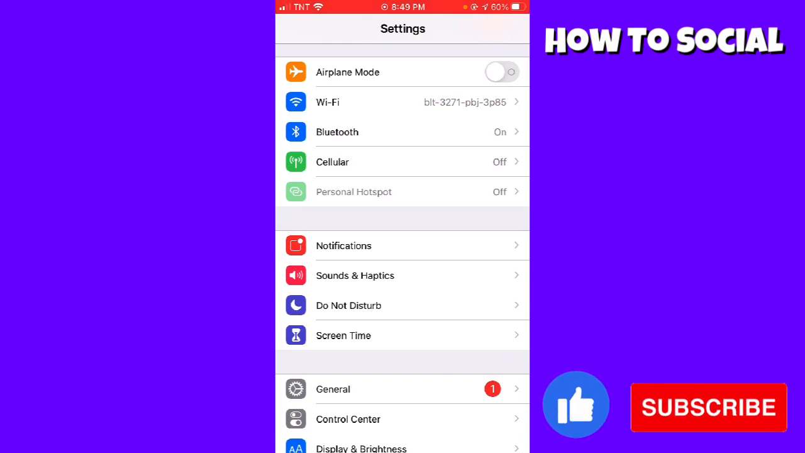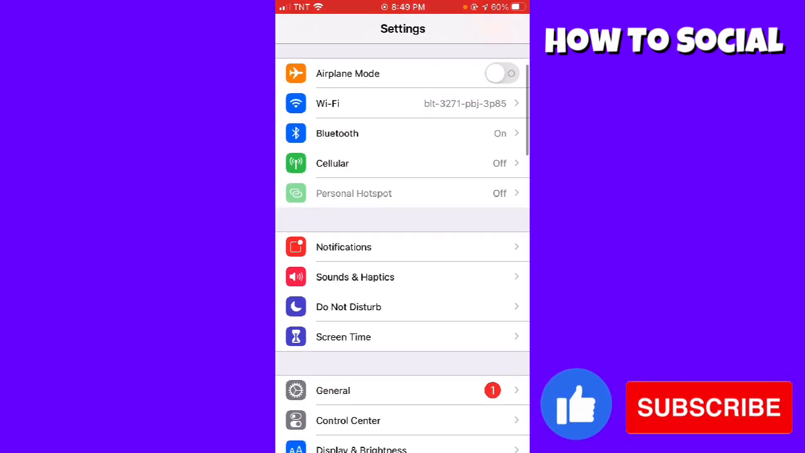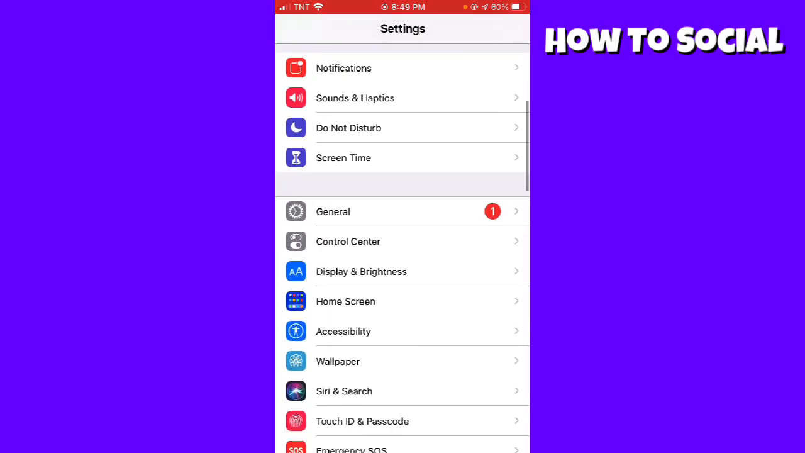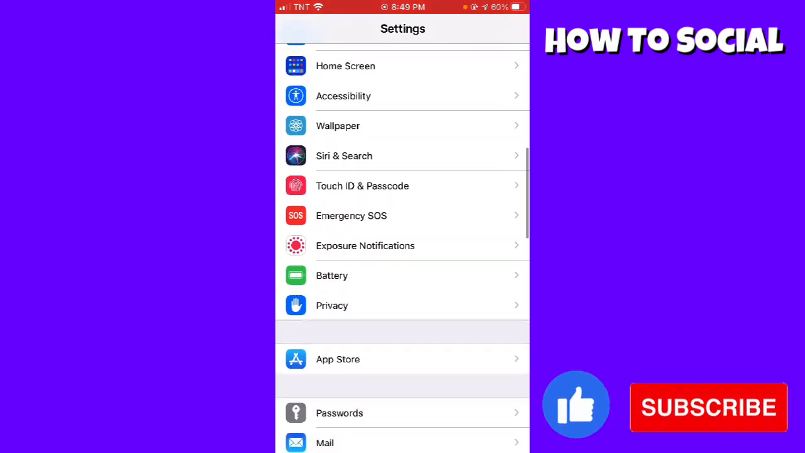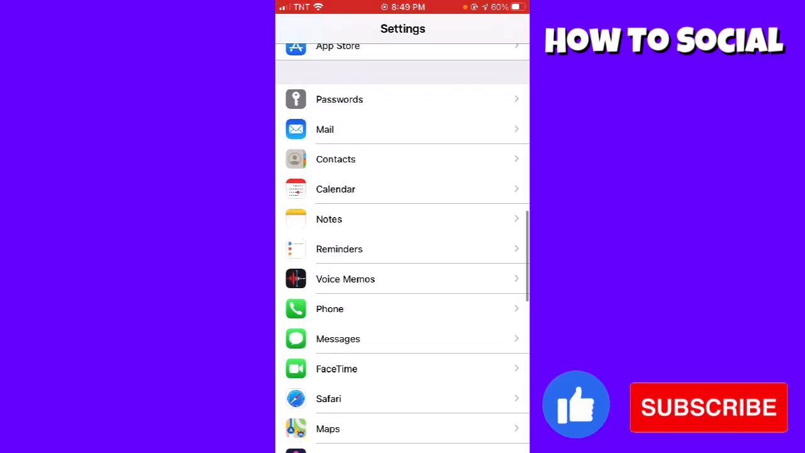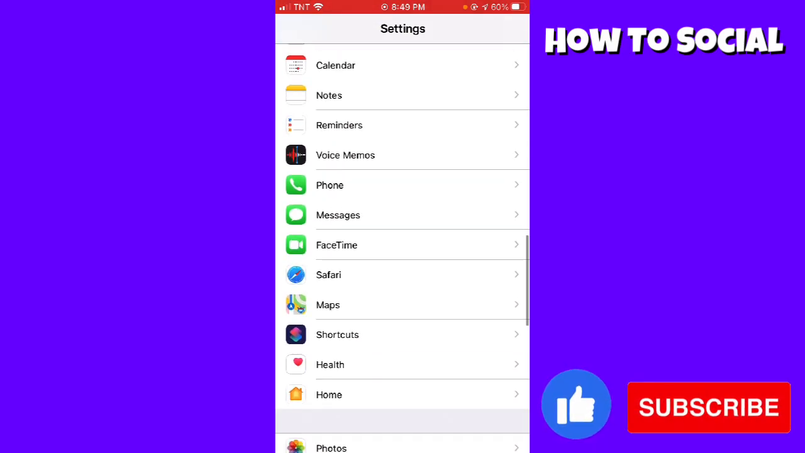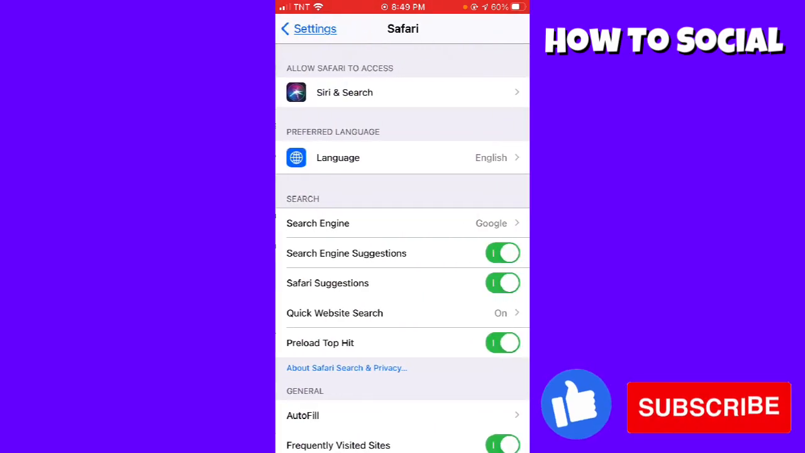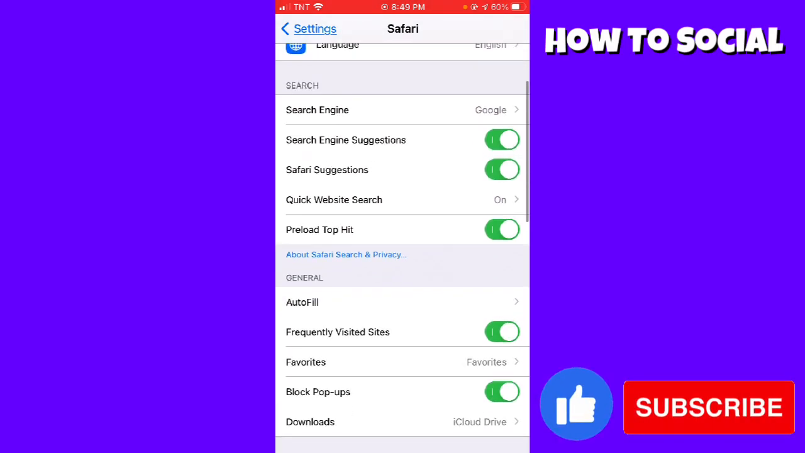Today I'm going to teach you how to enable cookies on iPhone. So, first things first, you're going to open up your Settings app like this in your phone, and then you're going to scroll down and find the Safari section, which is here. You're going to click that one and again scroll down